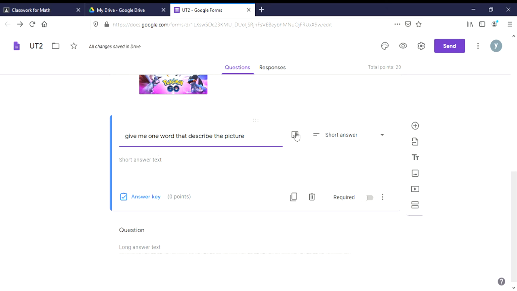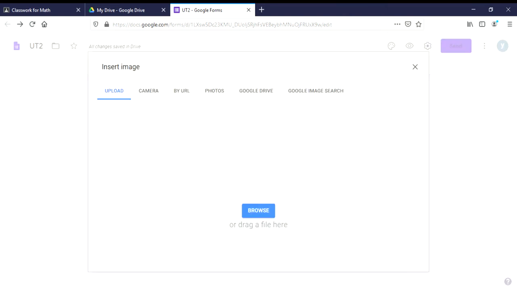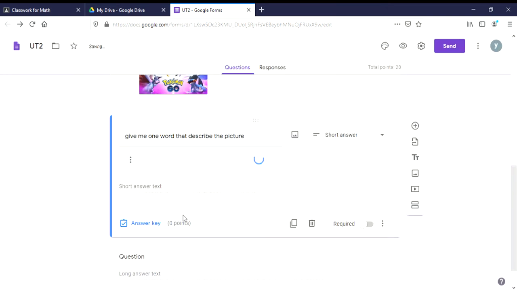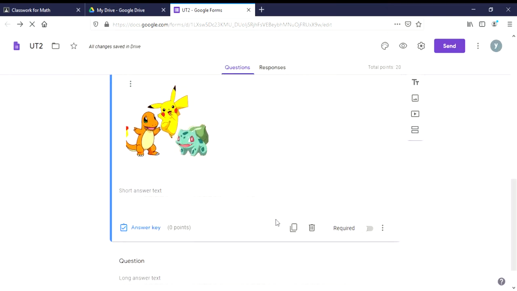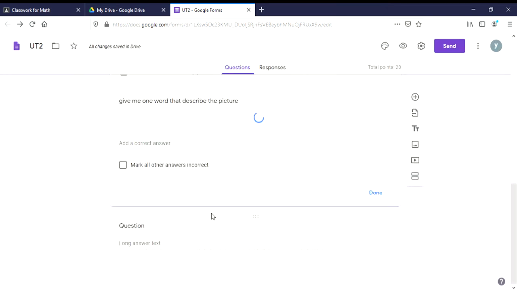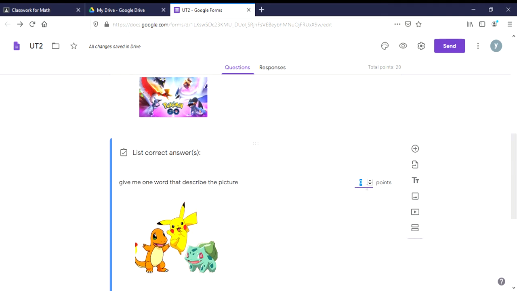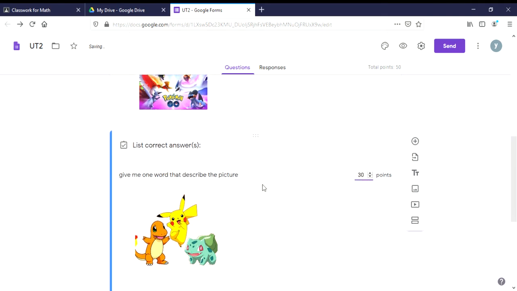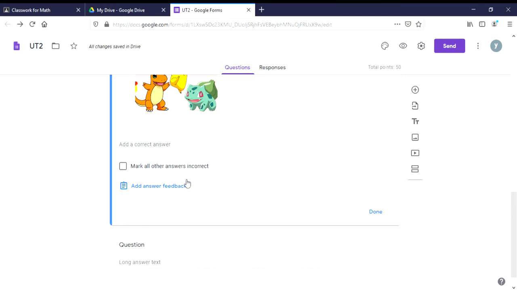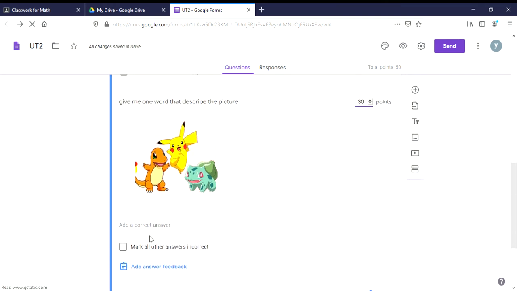This time let's try to attach the picture to the question, so that later on you can see how it will appear from the student's point of view. Then when you click the answer key, you can still put the point, but the type of the answer key will be different. Now you have to add a correct answer. Let's say you add the correct answer cute, for example.